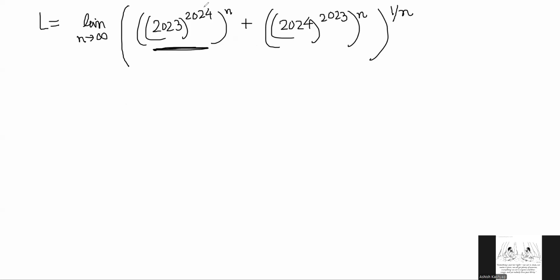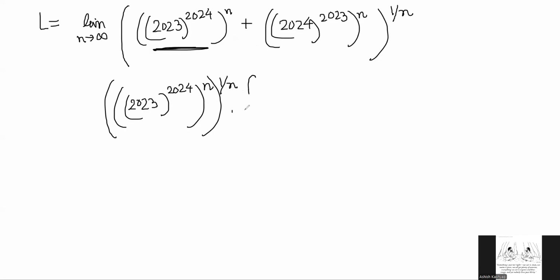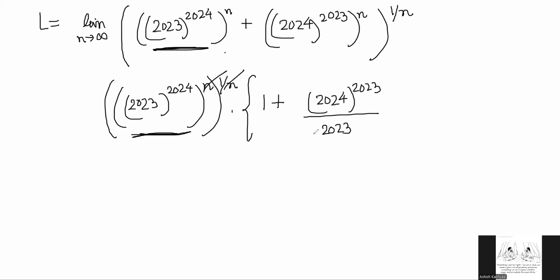So I want to take it out of the bracket. When it comes out of the bracket, I will have to put a 1 by n power, right? The n and n will get cancelled and you'll just get this much, right? So you'll have this and you'll have 1 plus 2024 to the power 2023 divided by 2023 to the power 2024